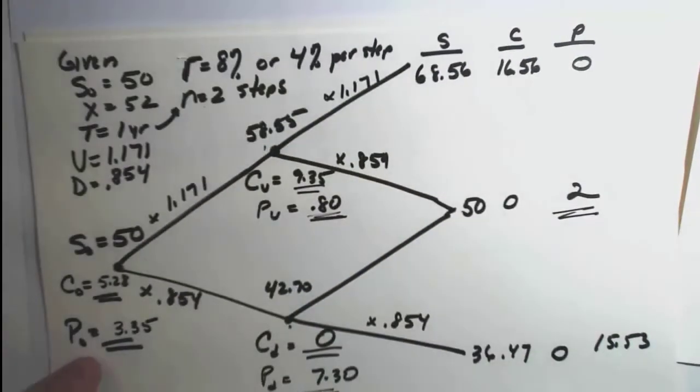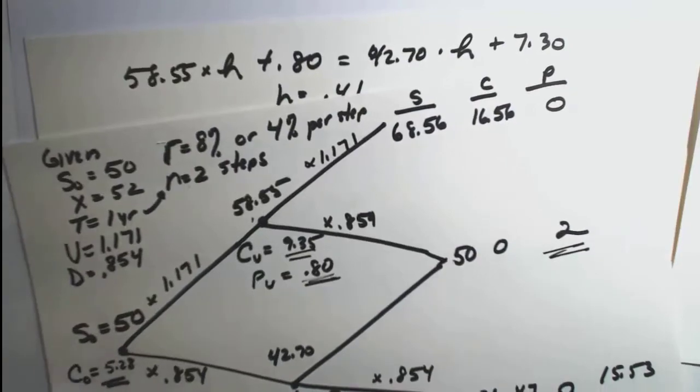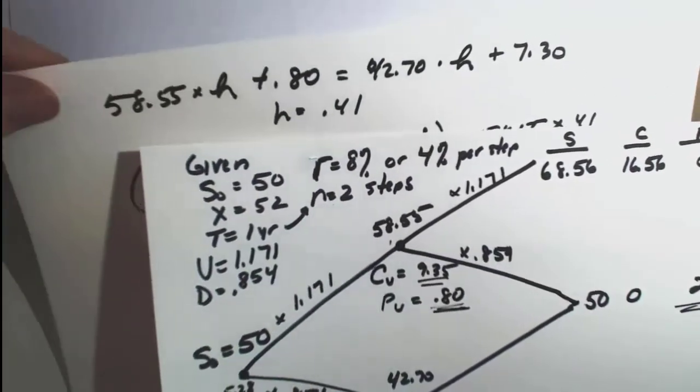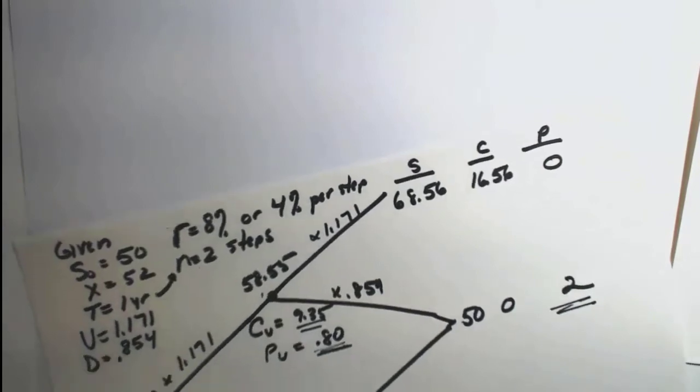And there you have it. We just figured out the call and the put for this lattice work here, for this stock. That's the call, that's the put. Now, before you go any further, we just did a pile of math on this, so you can see that. I got so many pieces of paper here, I can't keep track of it all. But now what we need to do